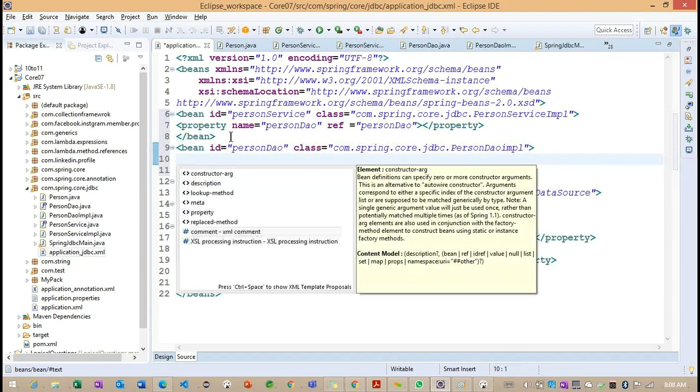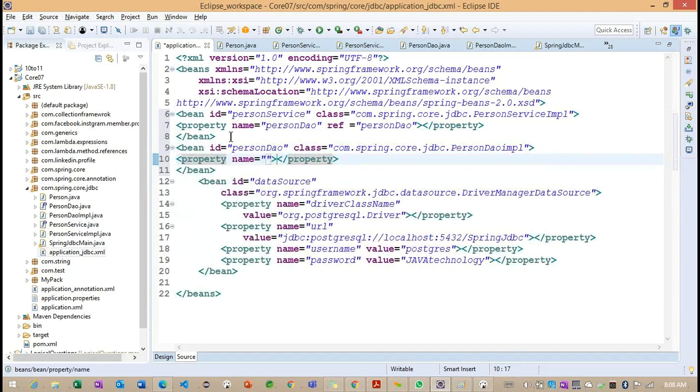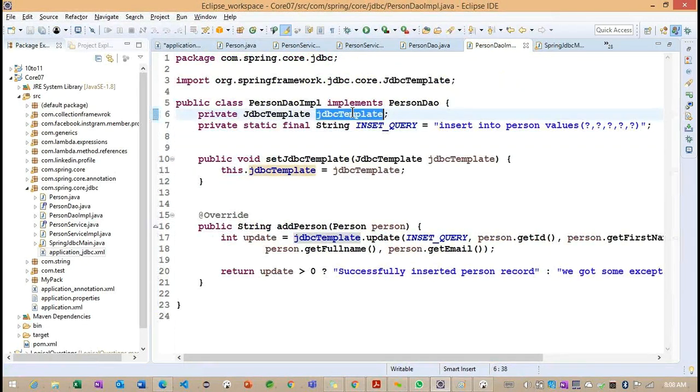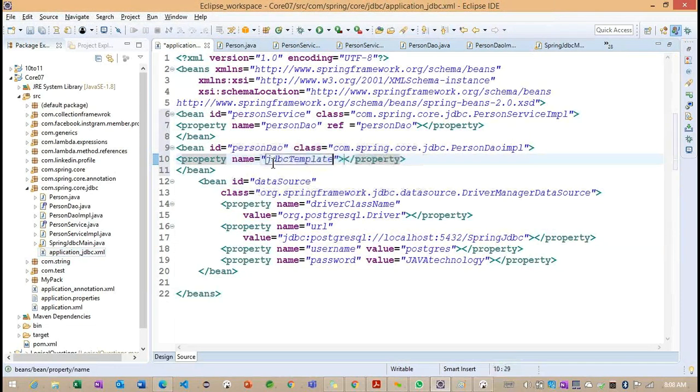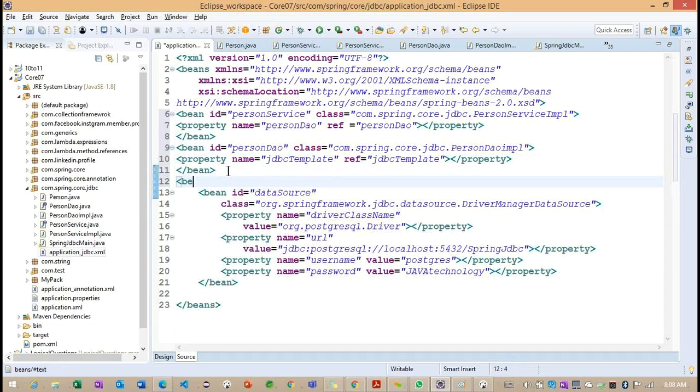And we have a property. What is the name of the property? JDBC template. Inside this JDBC template, we can go for the ref. We can define the JDBC template.